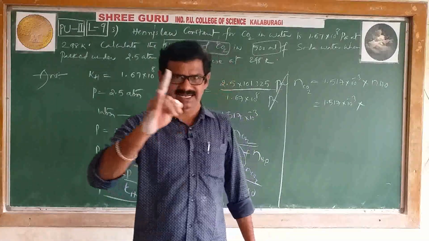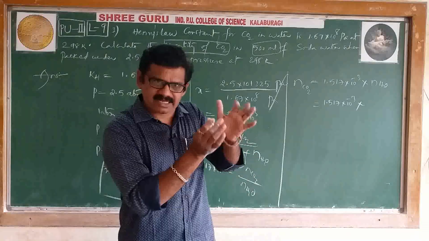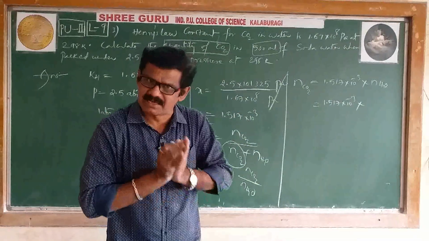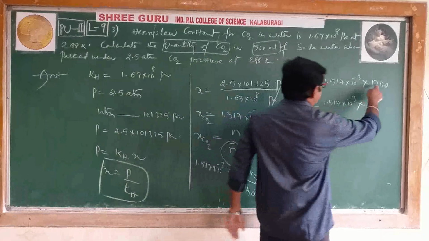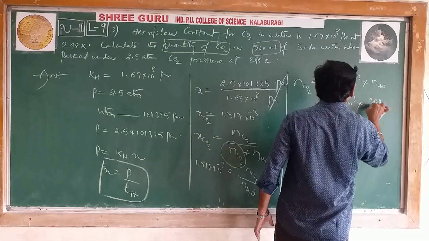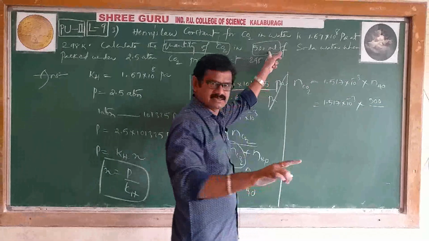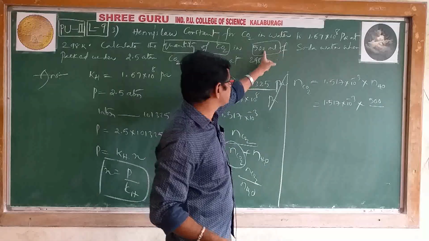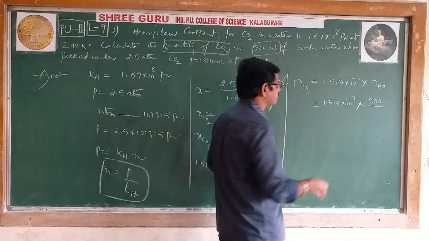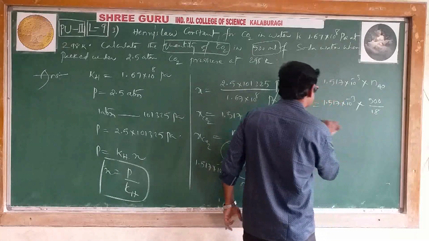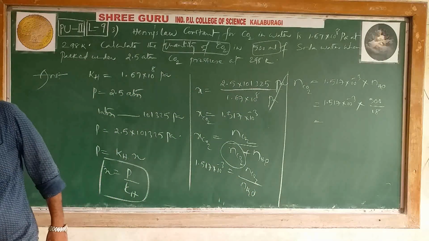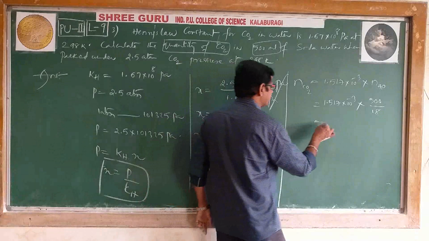Density of water is 1 gram per milliliter. Whatever the volume is, the same amount will be transferred as mass. Therefore, number of moles of H2O: mass is 500 grams, because 500 milliliters, if you convert into grams, we just multiply with 1 gram per milliliter. You will get 500 grams divided by molar mass of water, which is 18. 500 by 18, if you multiply, you will get 0.04213.